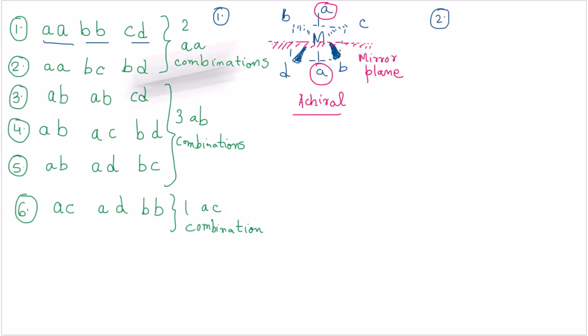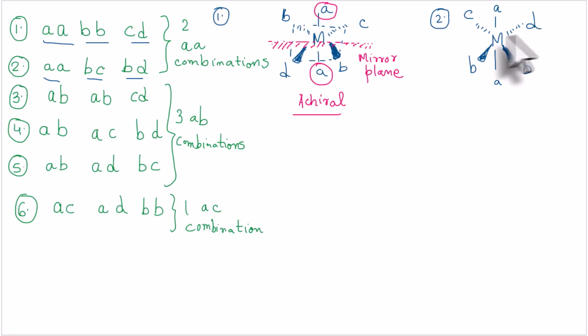Now we move on to our second combination. We draw exactly the same: on one side, the left-hand side, we have a solid wedge, and on the right-hand side a solid wedge at the bottom, and on the top we have a dashed wedge showing that the groups are away from the observer, or behind the plane. Again we put A and A at the trans position, then we have AA, then BC, then BD. We put BC, B and C, and then BD, so we put here B and D.